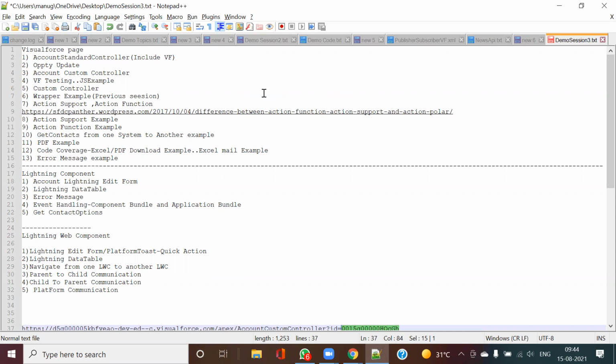What are the functionalities of this controller extension? Is it only updating a field based upon another field? I'm not able to hear you. Your voice is not audible. Could you speak louder? Is it audible now? Yeah, better. What you explained is that it is updating the revenue based upon the rating of the account, right?